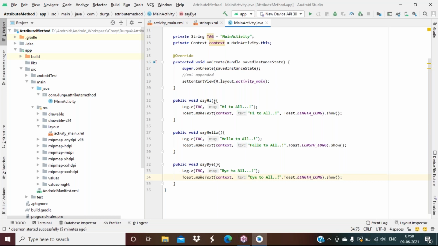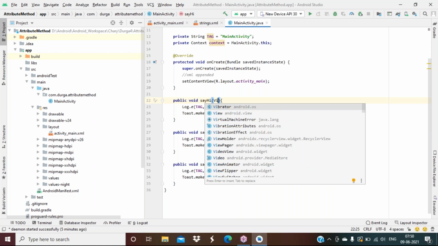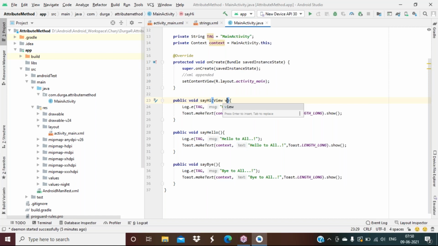Here I forgot to tell you, every method you have written must be provided with a parameter. Which parameter? View parameter. This is mandatory for every method, or else you will get a null pointer exception. View parameter is mandatory for every method. In the notes also I will change it. So this is done now. Let me run it directly.